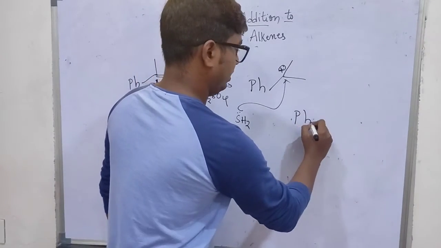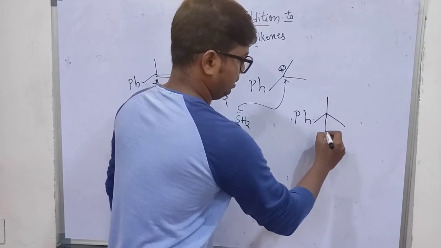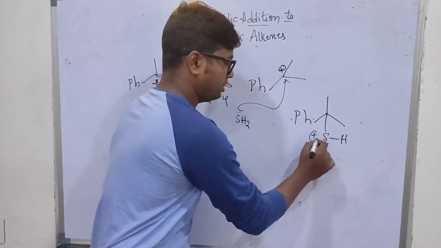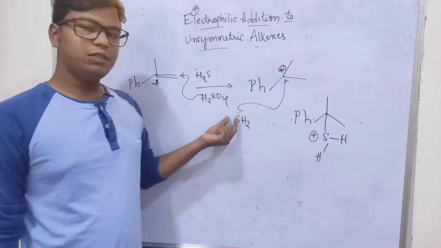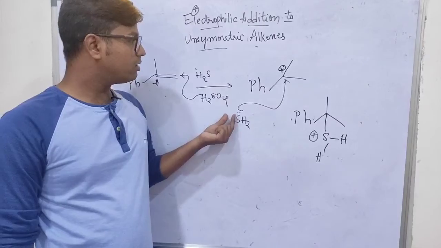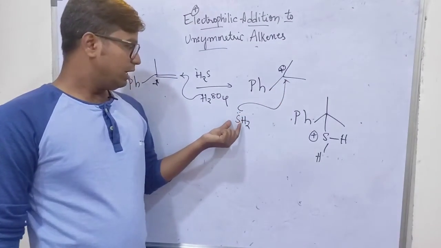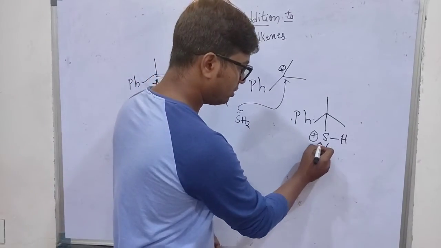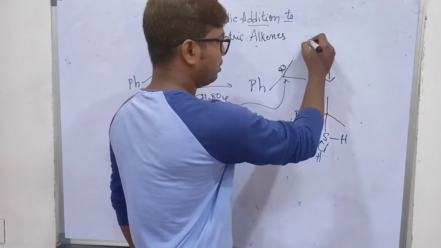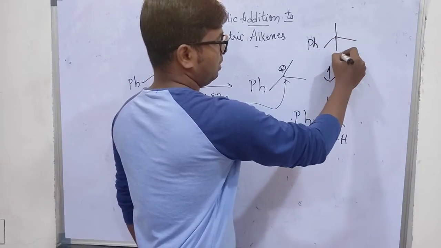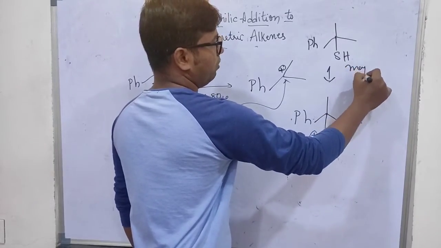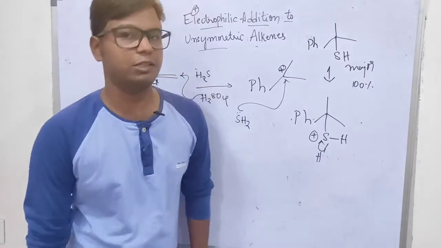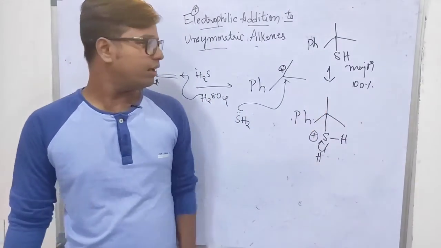So now we write S bond H, can I write like this? Yes. And there is a positive charge. Why? Because this nucleophile contains non-bonded electrons, right? The non-bonded electrons are transferred to this carbocation. So it has given electrons, so it gets a positive charge. In order to neutralize that positive charge, the bonded electrons shift towards the sulfur atom, resulting in the formation of the final product, which is this, and this is major. Only one product is formed here, 100% this product is formed. This is the major product you can expect. So this is one of the good examples I have seen.